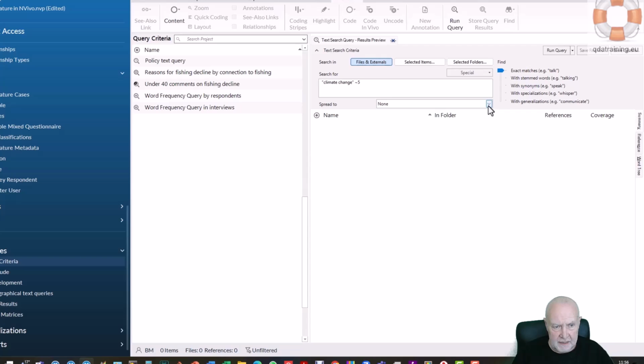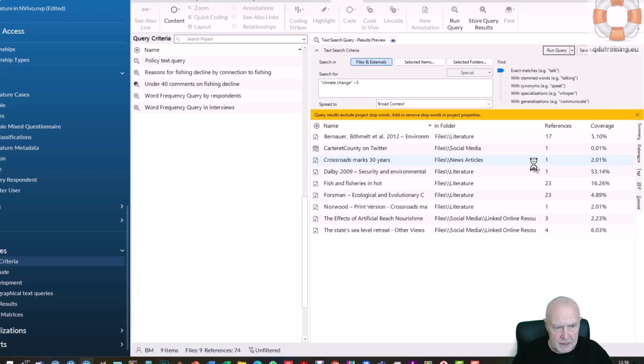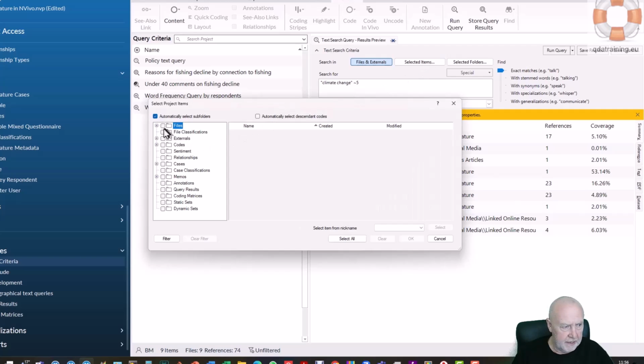And I'll tell it while it's at it to give me some context. Give me basically the paragraph, if it's mentioned. So I run it, and I instantly get through all those articles there. Now, I've got other stuff in here like social media, and I've got interviews. So I'm going to actually select items here, and I'm going to limit that search